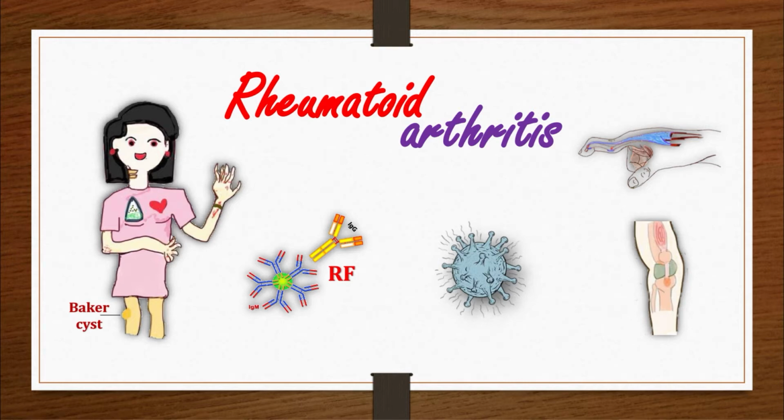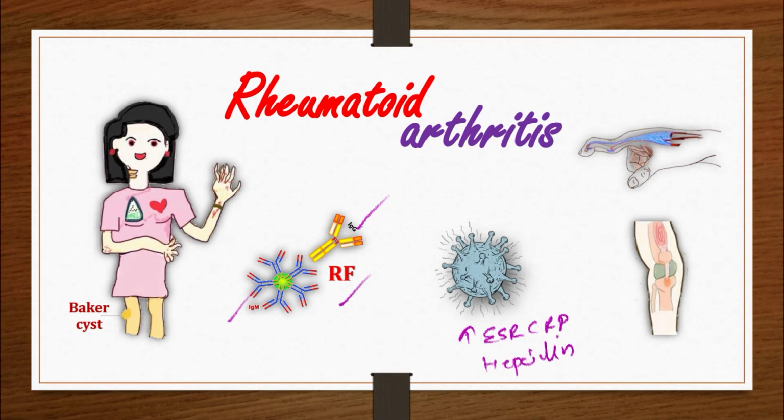So in the previous lecture we discussed the introduction of rheumatoid arthritis from the rheumatology playlist, and today we will talk about the epidemiology, etiology and environmental factors that affect rheumatoid arthritis, the inflammatory arthritis. We have one rheumatoid factor, which is an antibody against the antibody: IgM against the Fc portion of IgG. Also in rheumatoid arthritis, you will have elevated levels of ESR and CRP, the inflammatory markers, and also hepcidin, the